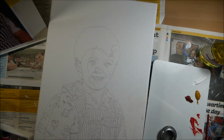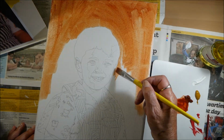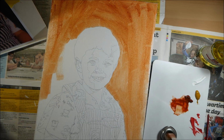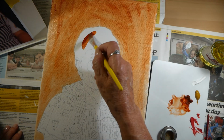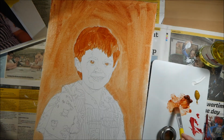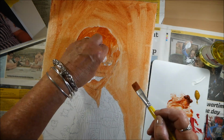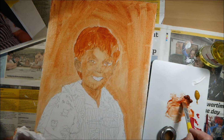So this week I'm going to be doing the same image but this time with an oil painting, and this is the first time I've attempted an oil painting since I was in high school, which is quite some time ago. Now, I read a lot of books on how to do oil painting before I started this, and they